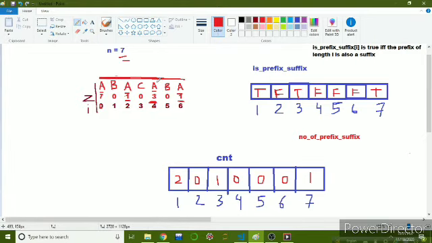So we can observe from here that at index 4 there is the prefix of length 3. That means starting from index 4 there is also the prefix of length 2, and there is also the prefix of length 1 present.